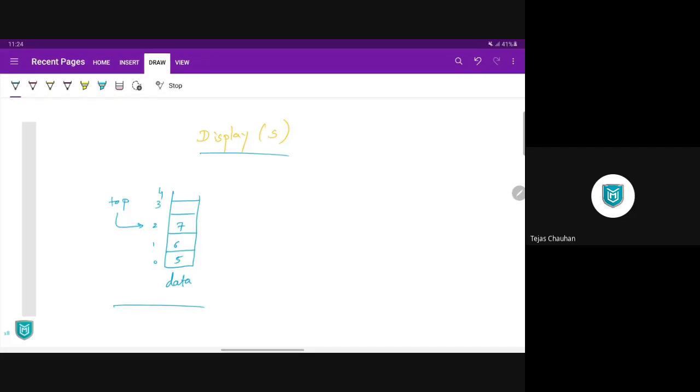If you want to print your stack, then what are you going to print on the output screen? It will be 7, 6, and 5. That is what we will print on the output screen. Topmost value should be printed first, then up to the bottommost. So 7, 6, and 5 we are going to print.